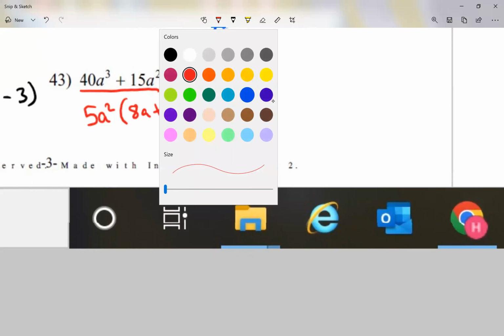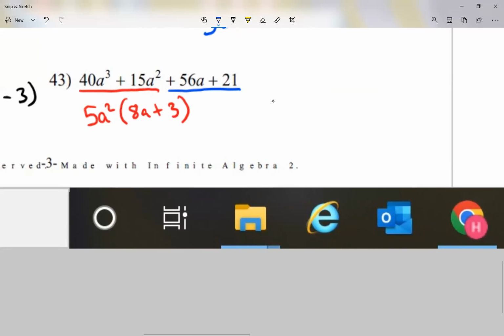Now looking at my last 2 terms, number-wise, 56 and 21, I can divide each number by 7. Matter of fact, I'll even write it with the sign, positive 7. And inside parentheses, let me divide each number by 7. So that gives me 8a plus 3. My answer,